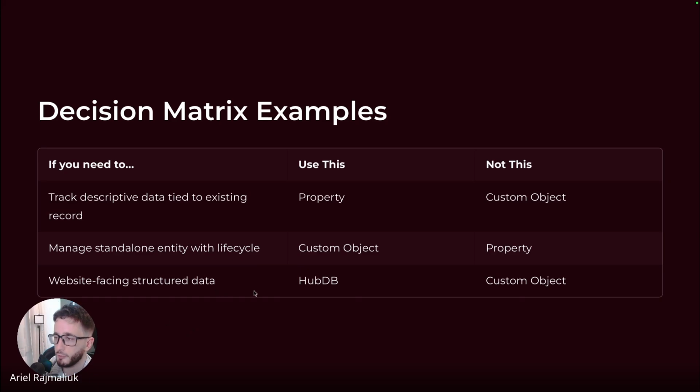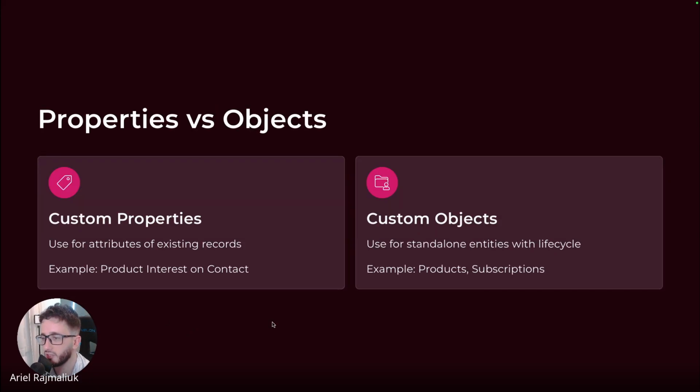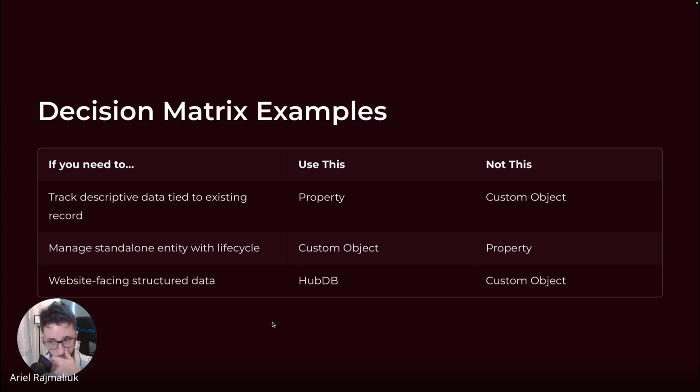So I was going to explain when to use custom properties and when to use custom objects. If you're going to represent, for example, a pet, which is a thing, that's a custom object. I mean, it's self-explanatory from the name, and this is the same concept from development, like object-oriented programming.